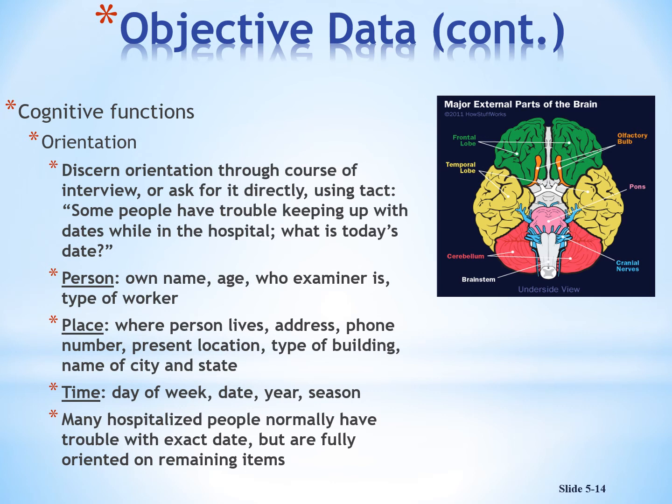And the place. Again, the place doesn't necessarily have to be specifically where they are, that address that they are at that particular time. If they give you a location that is within the city or the state or even the country, we'll take that. And then the time, it could be the day of the week, the date, it could be the year, it could be the season. So these things we give, especially for our older patient. We are a little bit more broad range.